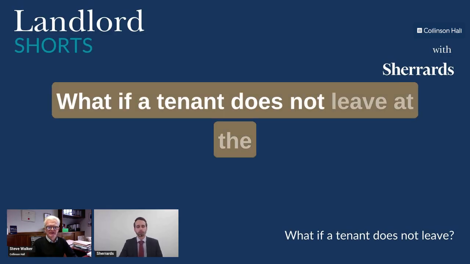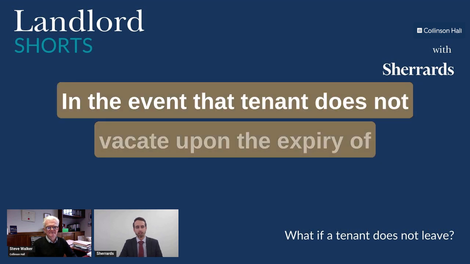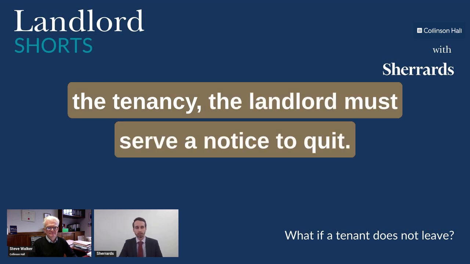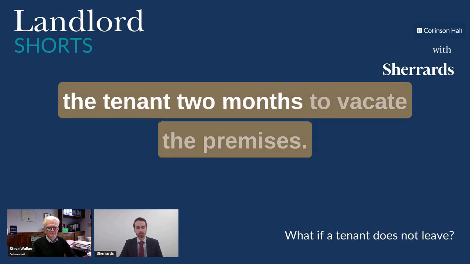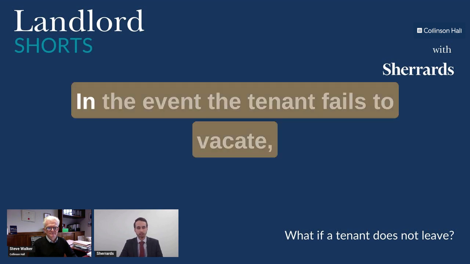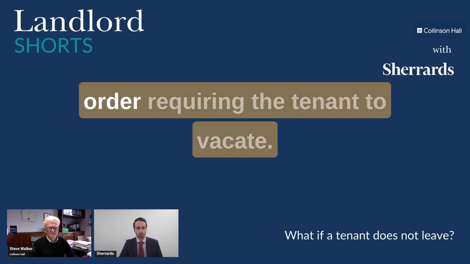What if a tenant does not leave at the end of the tenancy period? In the event the tenant does not vacate upon the expiry of a tenancy, the landlord must serve a notice to quit, most commonly a Section 21 notice, giving the tenant 2 months to vacate the premises. In the event the tenant fails to vacate, the landlord would need to acquire a court order requiring the tenant